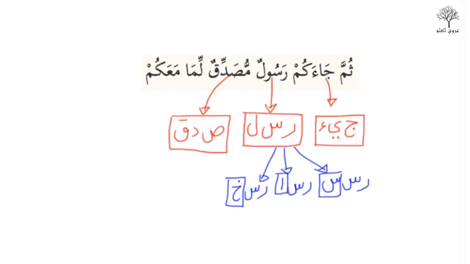So notice there's a pattern here. All these Ra, Sin words have a pattern. So Ra, Sin and Lam is the one that's in red. So four words in the Quran, Ra, Sin, they all share the same first two letters, but the last letter is slightly different. However, the brilliant thing about the Arabic language is you will find that all of these four words have a common meaning. Behind them, you'll find some sort of common meaning, which you can trace by going through the dictionaries and going through Arabic poetry and going through how the Arabic language uses those specific words.